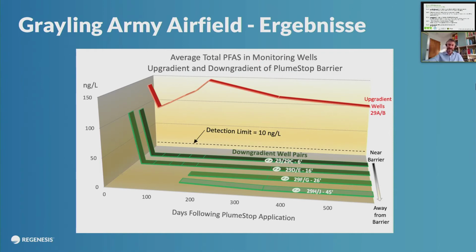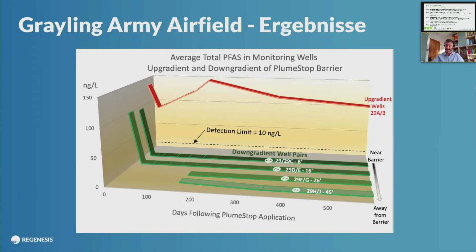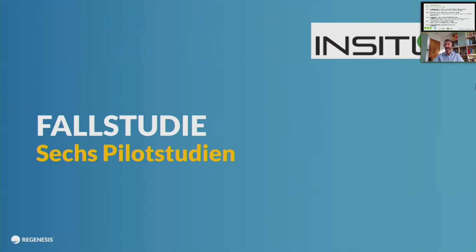So we're hoping to go to full scale. It's a little bit slow at the moment because the US is still deciding on what PFAS targets they want to have. And so some of the larger government bodies aren't moving forward with a lot of their PFAS treatment until that is decided. But we're hopeful that this and some other military bases will go ahead soon, maybe depending on the election.